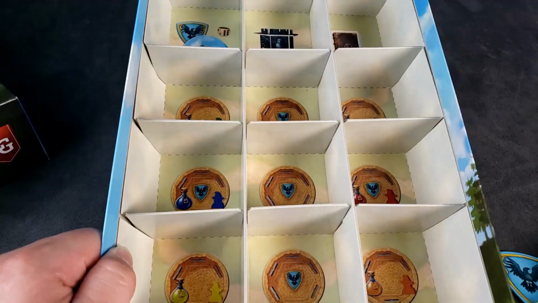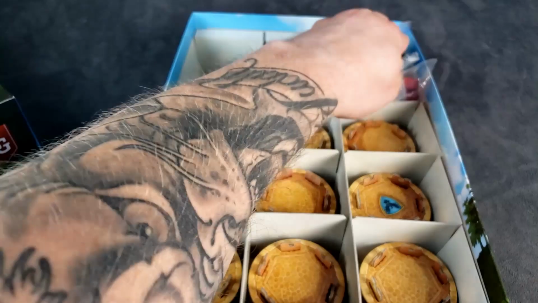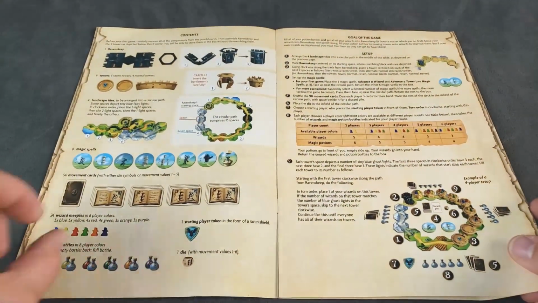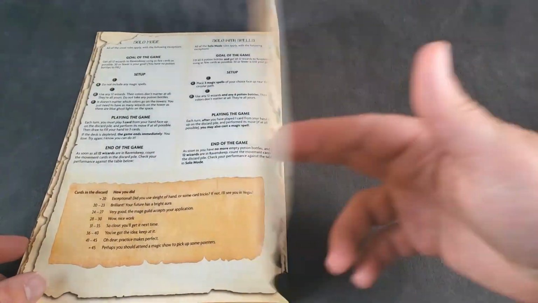Those little towers are so fantastic, and they even made the box so that all the towers fit nice and neat into the box, which is a big plus. This game is extremely easy to teach, and the gameplay is fast, and it plays fantastic at all player counts, even 6 players. It gets a little chaotic at 6 players, and it's fun too, because so often you will